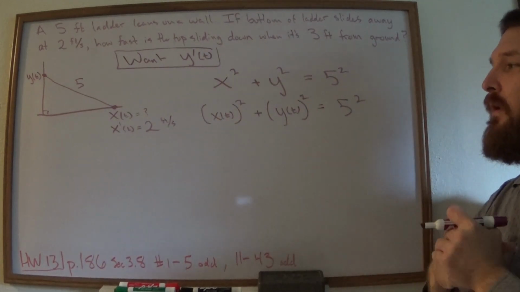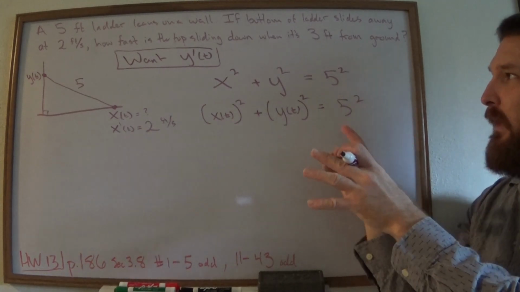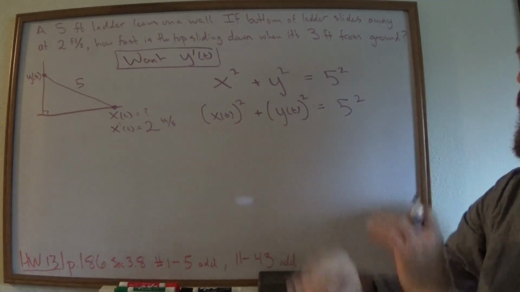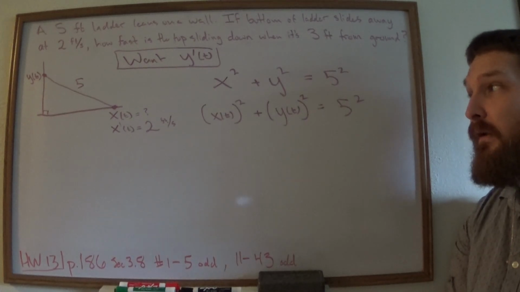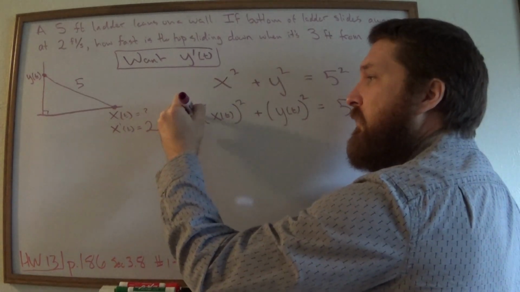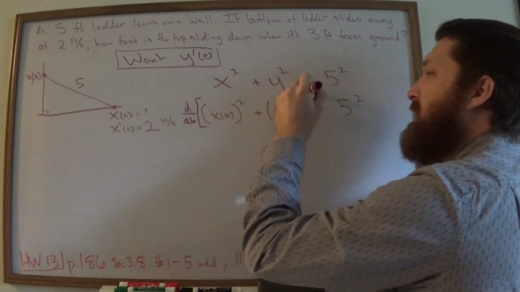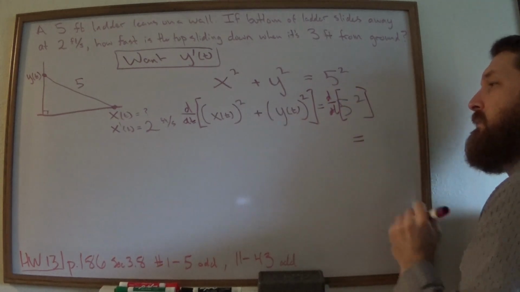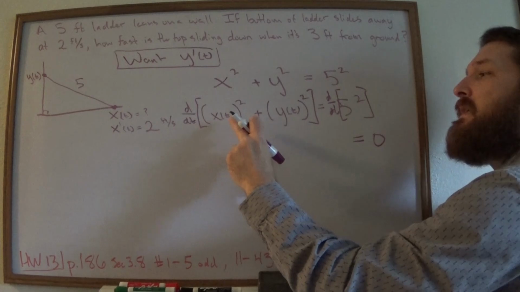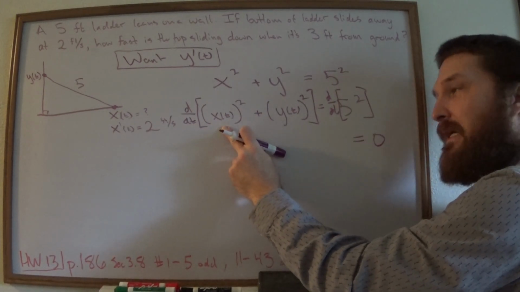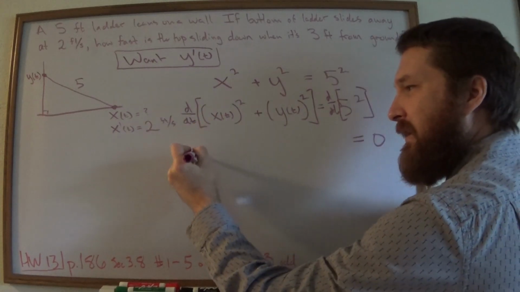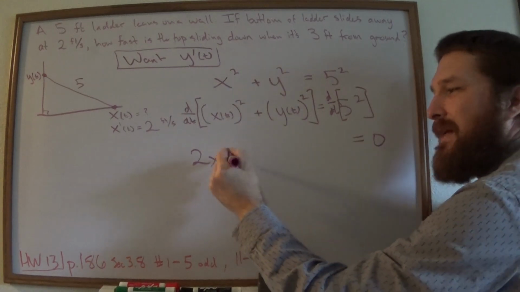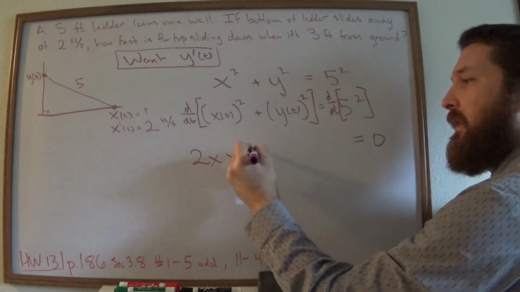So what I'm going to do is I need to make a y prime pop out somehow. If I just take the derivative with respect to t across the whole thing, that should do it, right? So let's do that. I'm going to take the derivative with respect to t of both sides. d dt over here. The right-hand side is what? 0, which is nice. Now, take the derivative of this with respect to t, and what happens? 2x, x prime, and I'm not going to write the x of t, though that's what it is, x prime, plus 2y